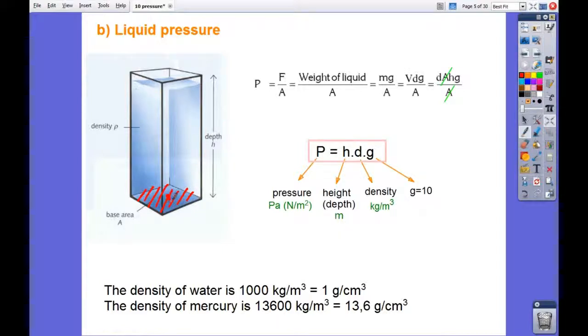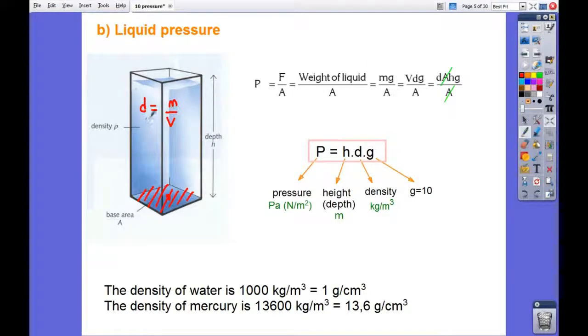So the pressure at the base is the force given to the base divided by area. The force itself is the weight of the liquid, so the weight of liquid over area. The weight of liquid is mass times gravitational acceleration,